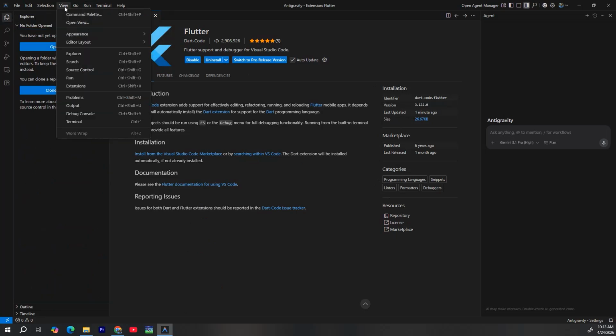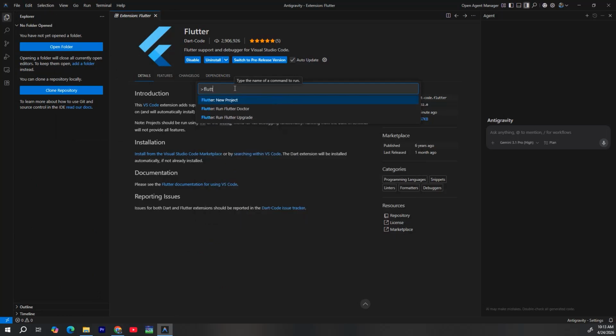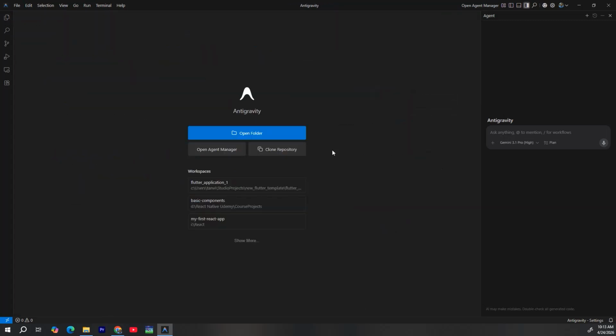command, like going to View and Command Palette, and from here if you just type Flutter, then you see an option like Flutter: New Project. You can run Flutter: Run Doctor or Flutter: Upgrade, these commands. But since you are using Antigravity, we don't have to create the Flutter project by ourselves. Antigravity can do that. But before we do that, we need to install a few more things, like we need to